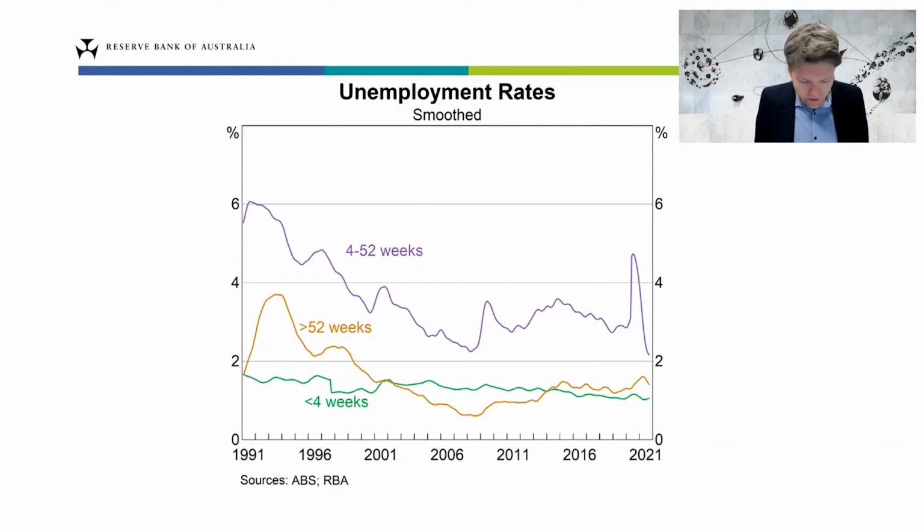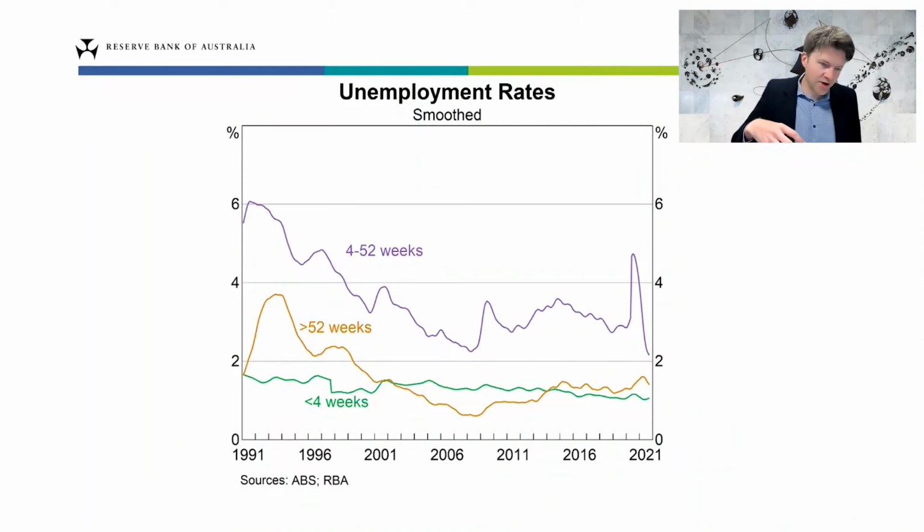Okay, so far I've spoken about the NAIRU, what it is and how we estimate it, but I haven't really said much about what causes it to change over time. If you can remember back to the very first graph I showed you, it suggested that the NAIRU has been gradually declining over the past 3 decades. And it's important and interesting to think about why that might have happened.